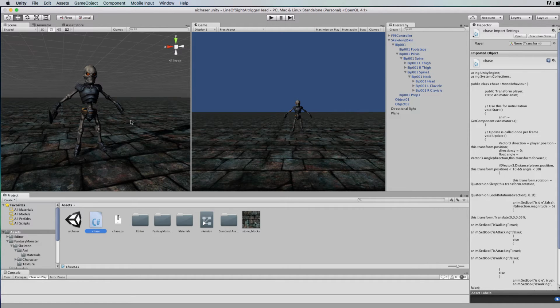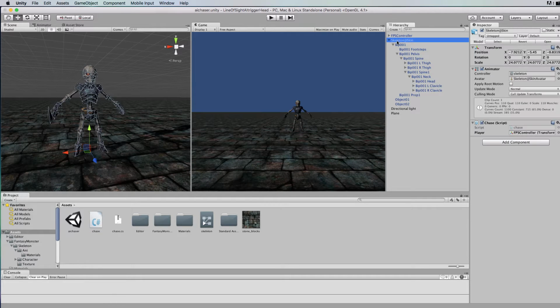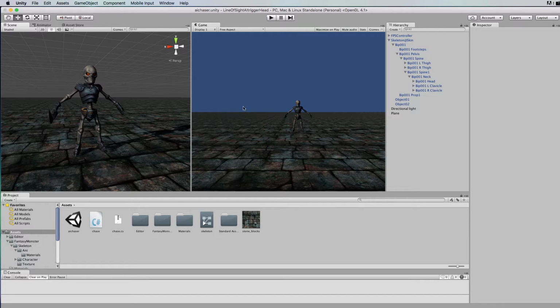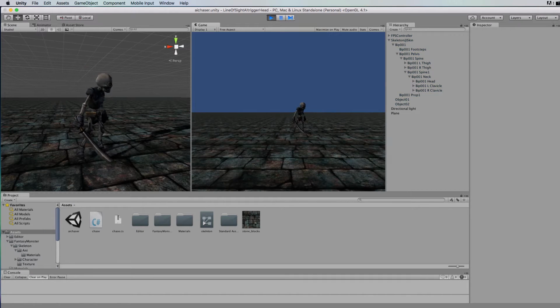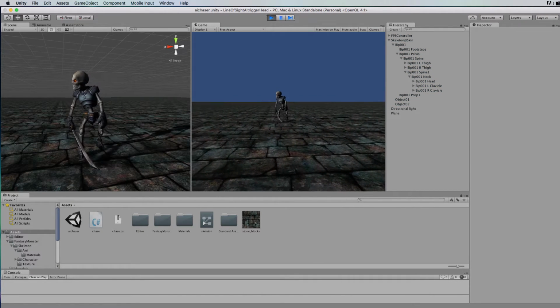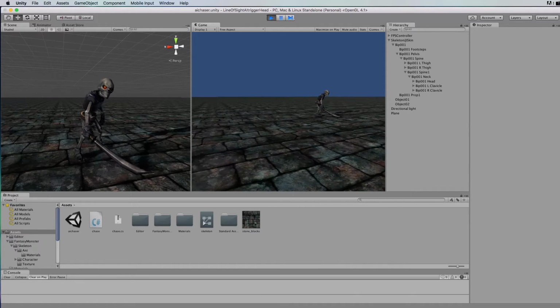So in the previous tutorial from this one, we took this skeleton model and we checked the forward axis of the model, and then if the player was standing within 30 degrees of this axis, then the skeleton would see us. So if I just run this to give you an idea, if you're interested in how to put this project together to this point, you'll need to go back and look at the first version of the line of sight artificial intelligence tutorial. Okay, so he's standing there and we can walk around behind him